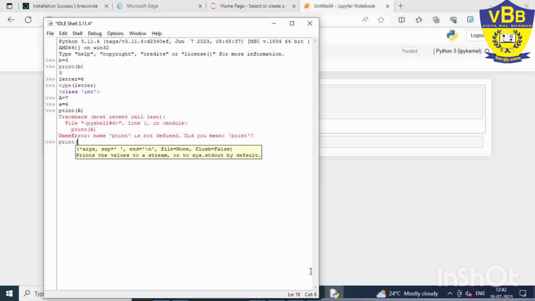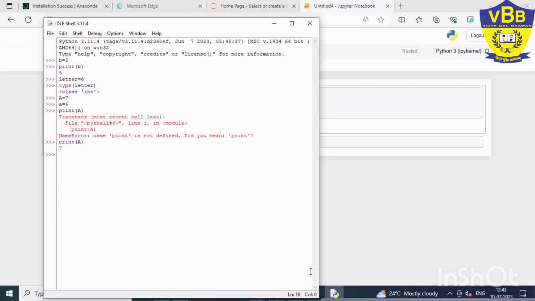Sorry, the spelling of print is wrong by mistake, so it is not displaying the output. Now you can see the output is 7. Why? Because Python considers the variables capital A and small a as different, and assigns a different memory to each. It assumes the values are temporary in the program and change as the program runs. Based on the logic, different values are assigned to the variable.